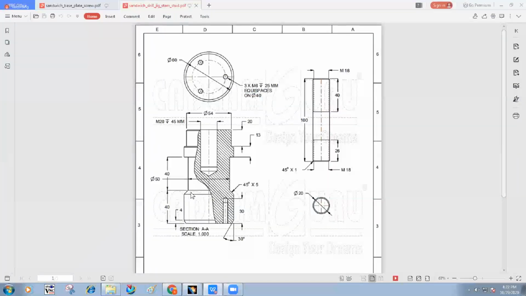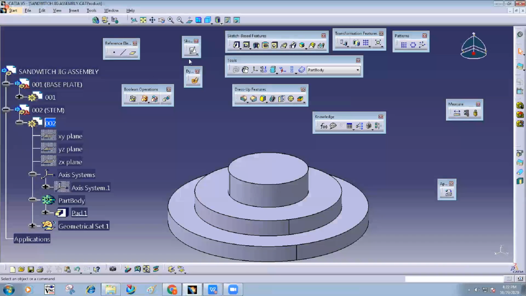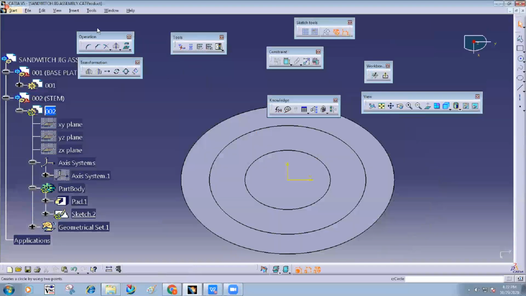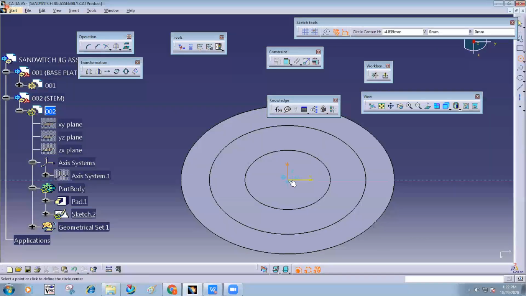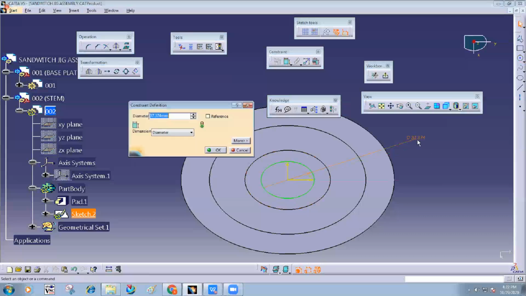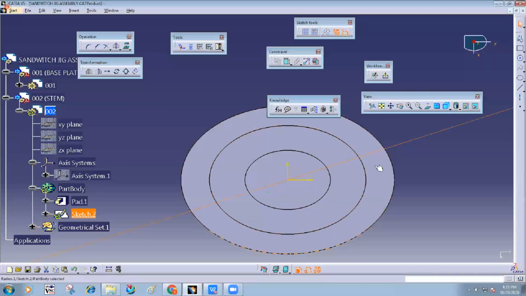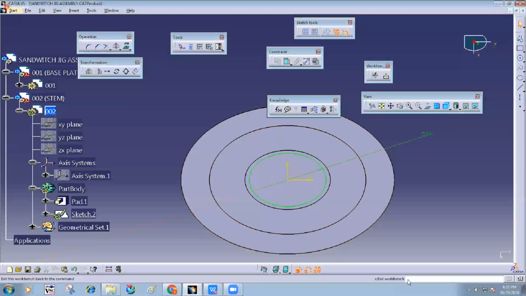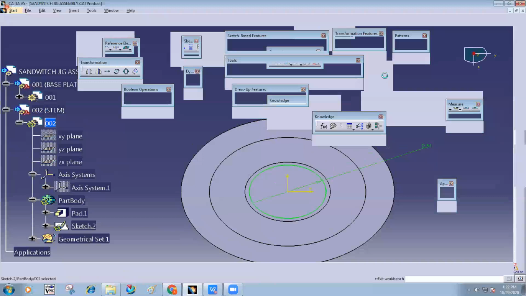Then next one is again the diameter. It is 54. That diameter we can design on this face. Circle 54. And again depth is 40.